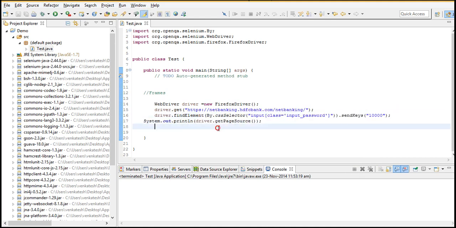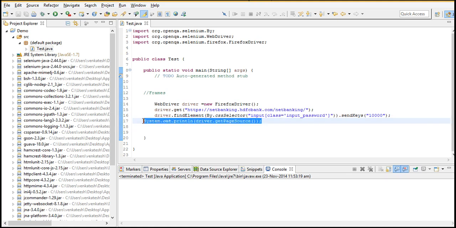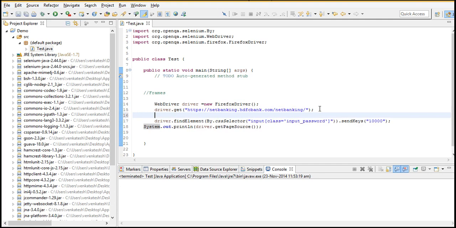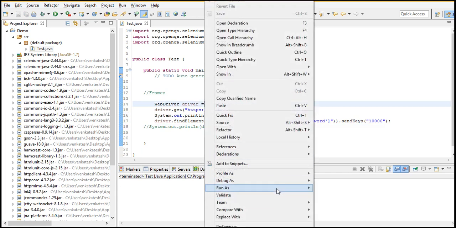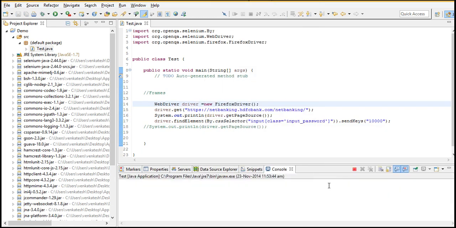It will not come to the next step. So we have to write it on top. Let me comment out this. Cool. So now we'll get the page source and then the script will fail.